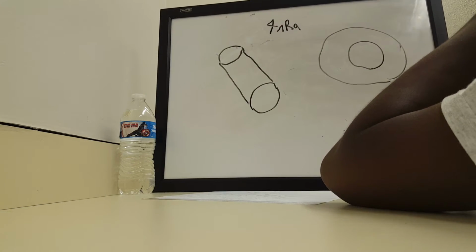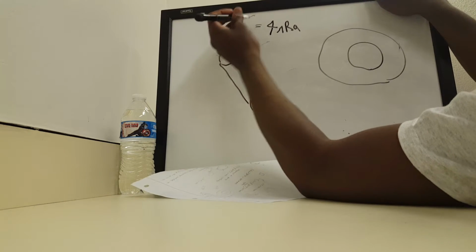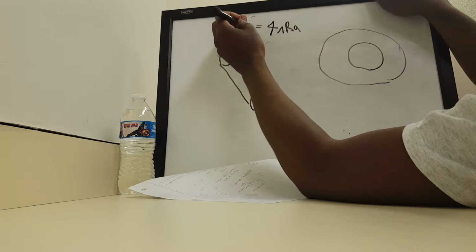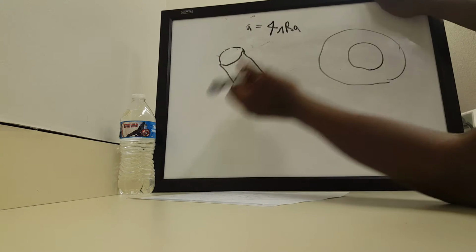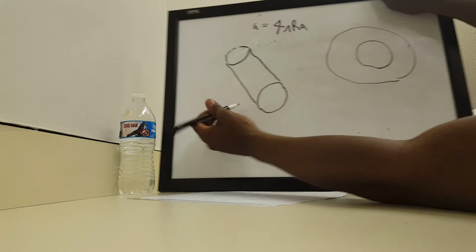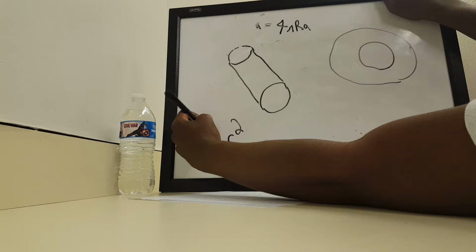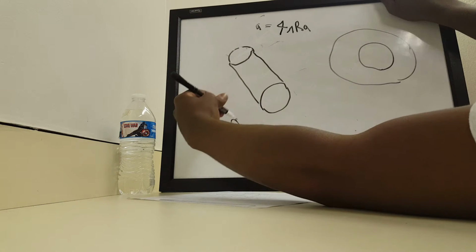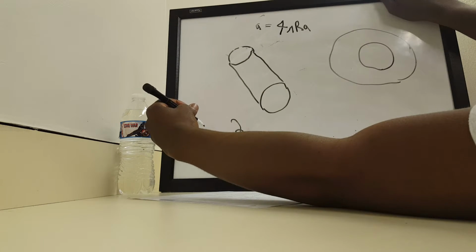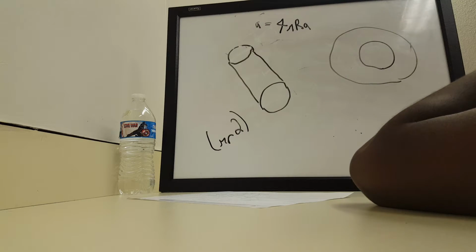So, if we were to find the area of the cylinder based off of the formula for the area of the rectangle of the cylinder, we will multiply the circle on the cylinder by the area. And the circle of the cylinder is actually going to be equal to pi r squared, the standard formula for a circle. Pi r squared. And we're going to go ahead and multiply that by,